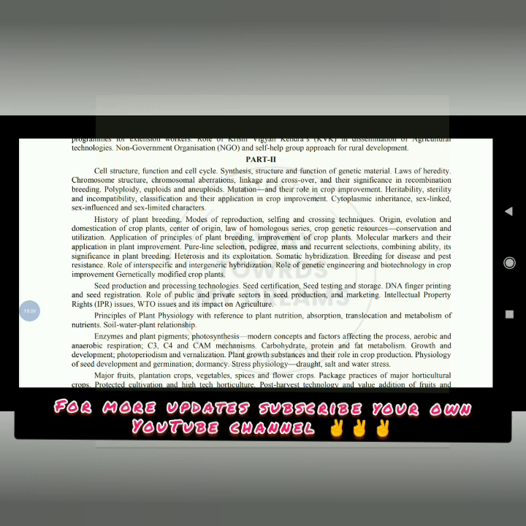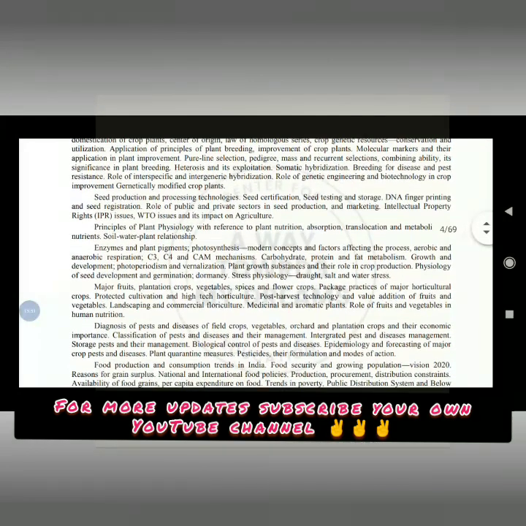plant breeding, heterosis and its exploitation, somatic hybridization, breeding for disease and pest resistance, role of interspecific and intergeneric hybridization, role of genetic engineering and biotechnology in improvement, genetically modified crop plants, seed production and processing technologies, seed certification, seed testing and storage, DNA fingerprinting and seed registration, role of public and private sectors in seed production and marketing, intellectual